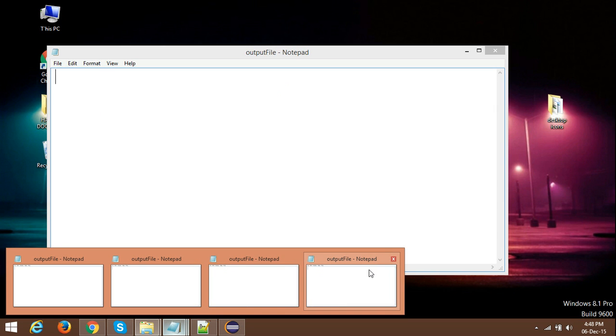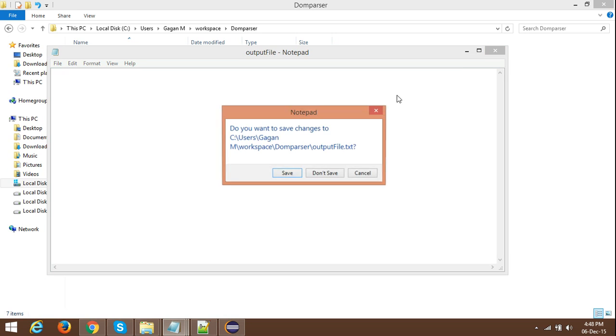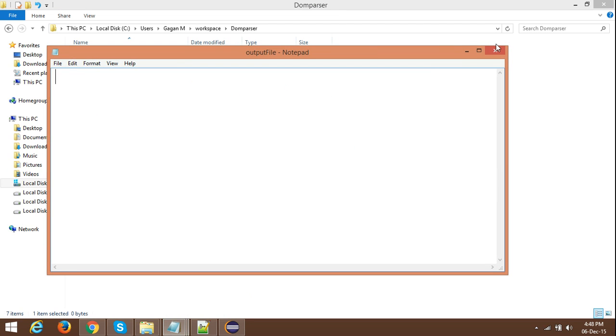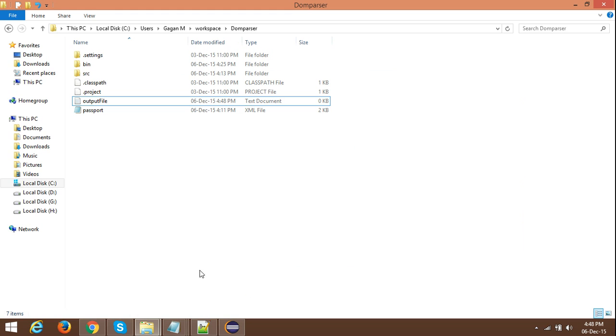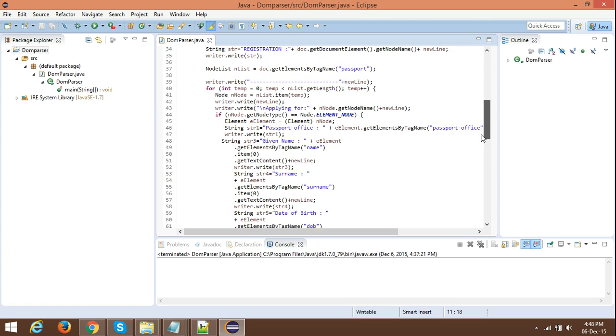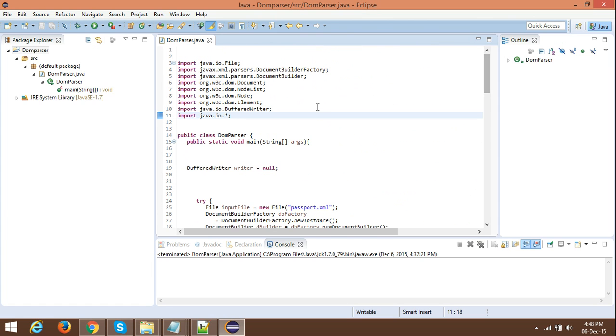See, now the output file is 0 KB, that is, it is an empty file. When we execute this DOM parser, which I explained just before, we run it as a Java application.